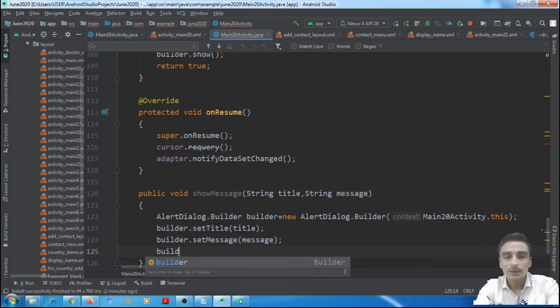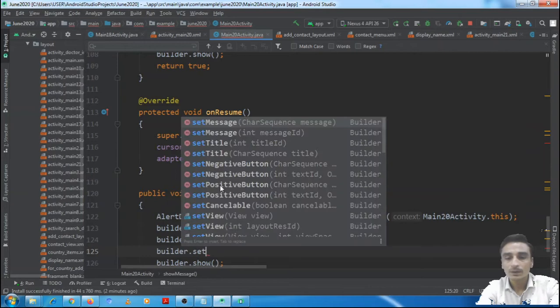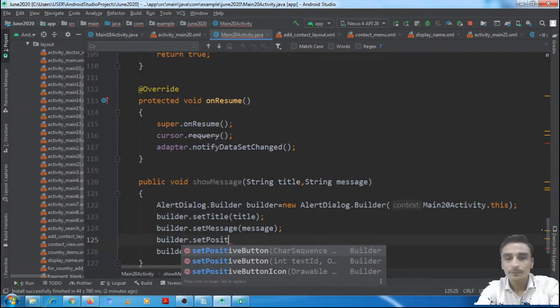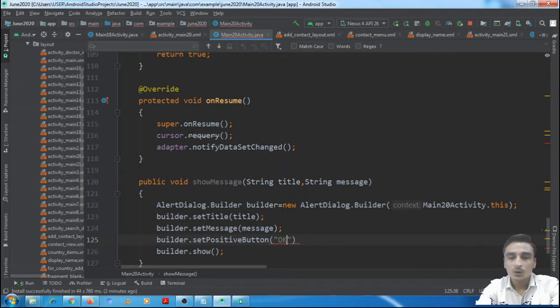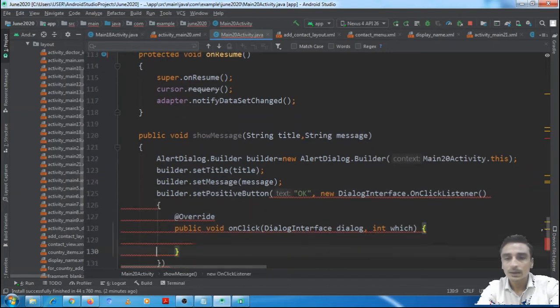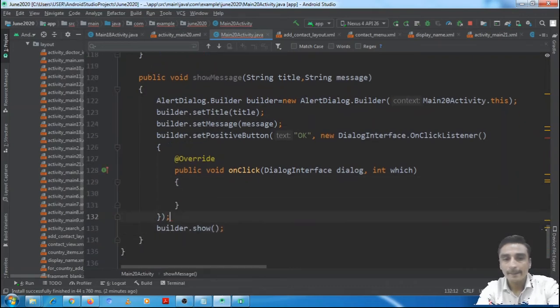Before builder dot show, builder dot set positive button, and new dialog interface dot on click listener, doing nothing there.